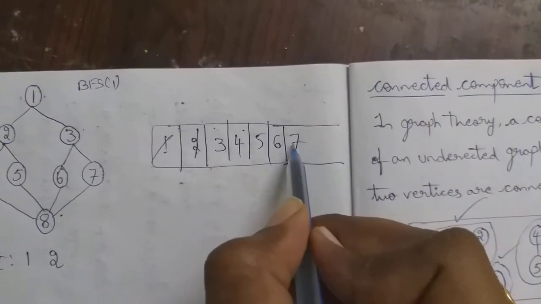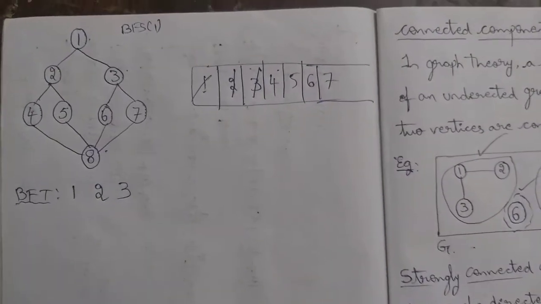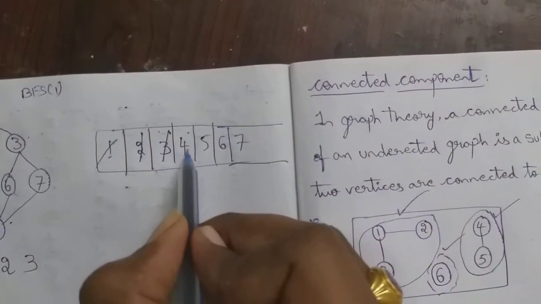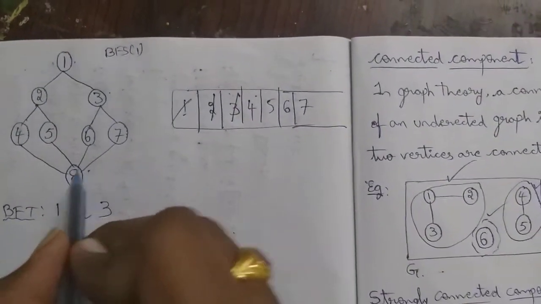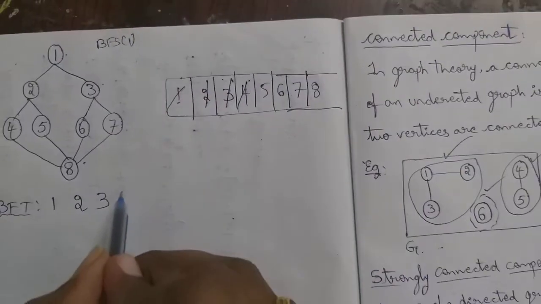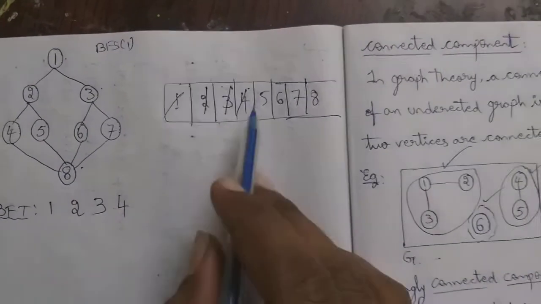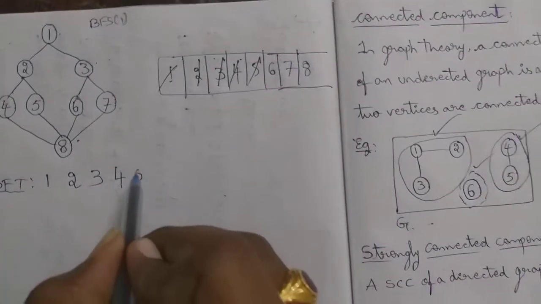Adjacent vertices are inserted into the queue, therefore it is popped and considered as visited. Next, vertex number 4: the adjacent vertex that is not inserted into the queue is 8. 8 is inserted and vertex 4 is popped, considering it as visited. 5: there are no other extra adjacent vertices, therefore 5 is popped, treated as visited.